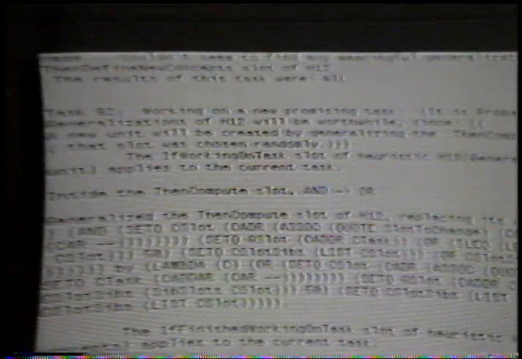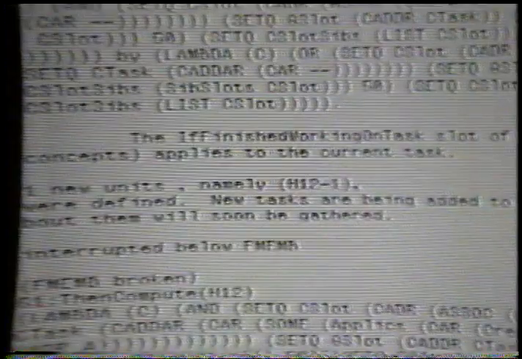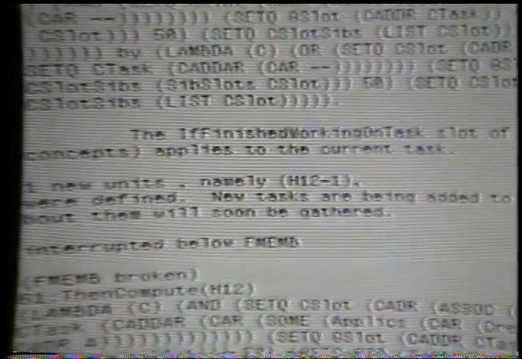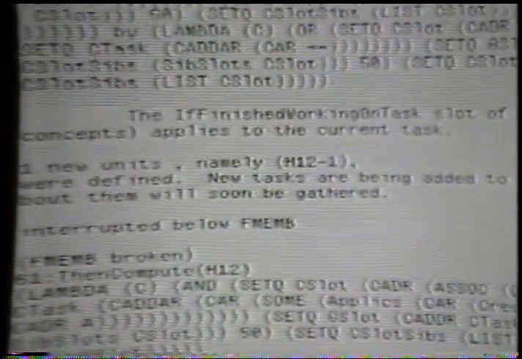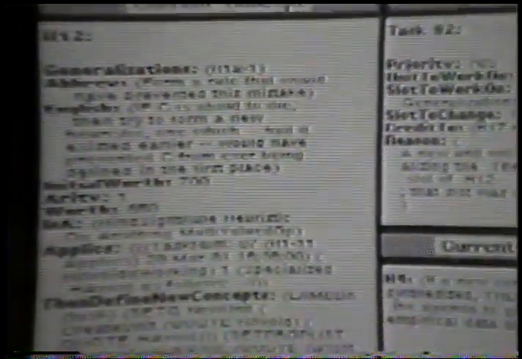What Eurisko has just done up here, by changing and to or, is to create a new heuristic, H12-1, which is very similar to H12, but instead of creating several such new heuristics, it will only create one new heuristic. It may very well turn out that H12-1 is a more useful heuristic because it doesn't create so many new ones. And if that's true, eventually H12 will be subsumed and destroyed.